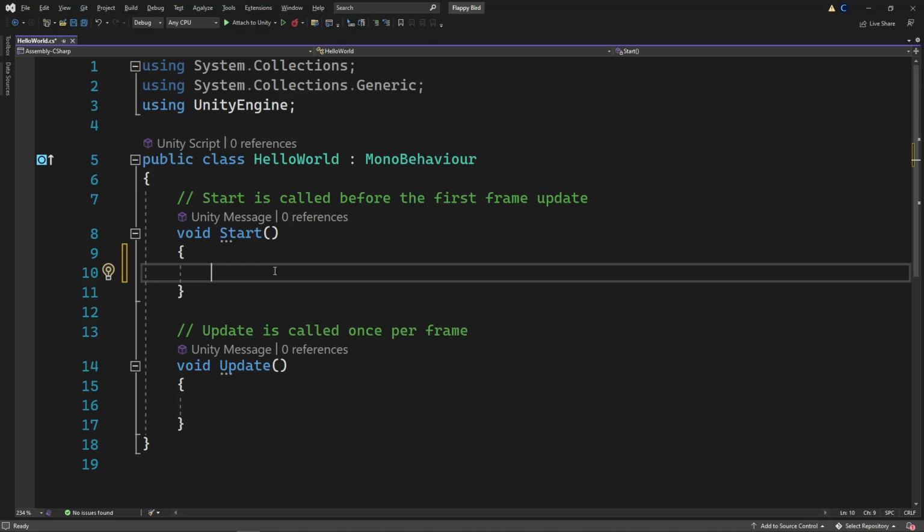And it is named start, and it has 0 parameters. These parentheses determine the properties that are passed through this function. So if I was to, for example, type some stuff into these parentheses, it would pass through parameters that we could use in this function later, but we aren't going to be doing anything like that today.